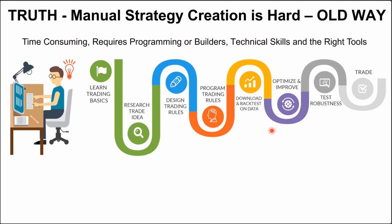Actually becoming a data scientist and testing things out. And then you go on to optimizing and improving those strategies and finding the good ones. Then you test the robustness and how tough your strategy is. And if those tests pass, you go on to trade. That's basically the whole process, and it is quite lengthy. It can take you from 3 to 6 months to find a really good strategy, depending on how good